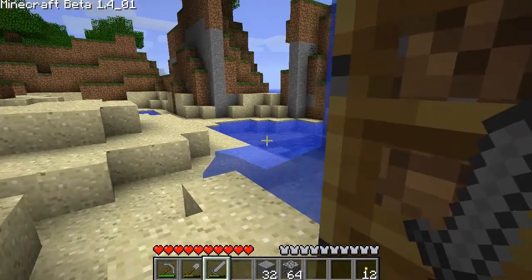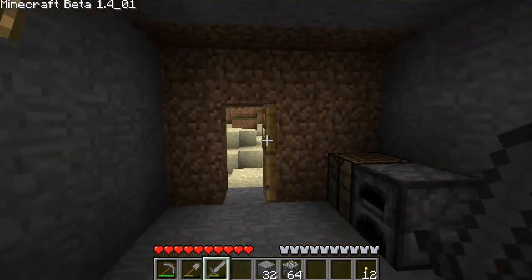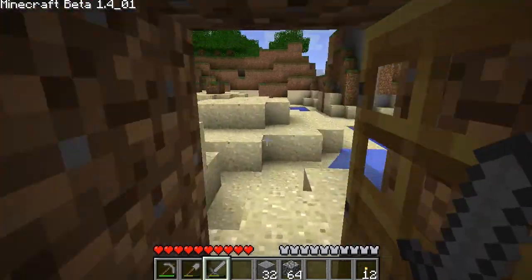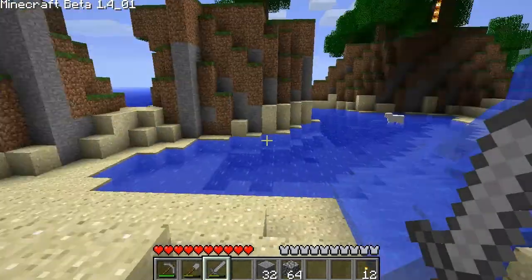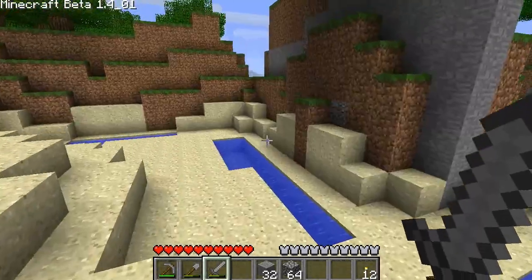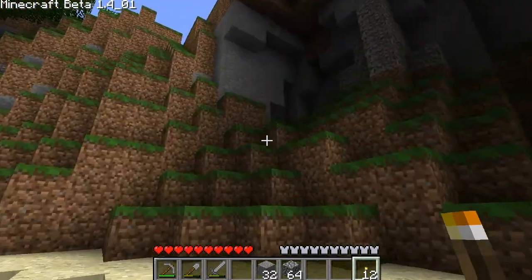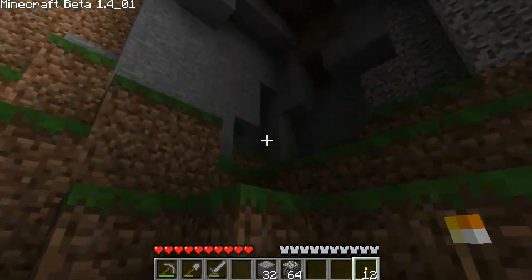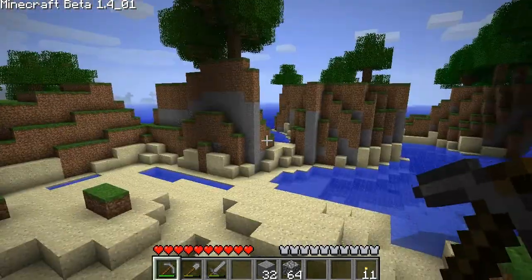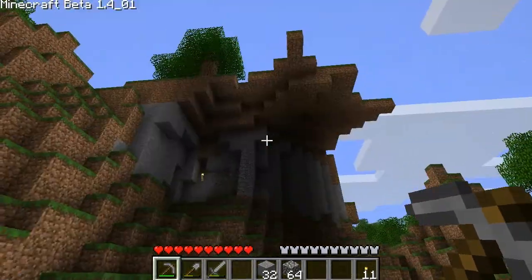I'm scared because I know there's a monster somewhere here, and I don't want him jumping on me. I think I'm safe. Okay, I'm safe. I'm just going to put a torch in this area because monsters will be able to spawn here because it's quite dark. Now, what we want to make is windows,